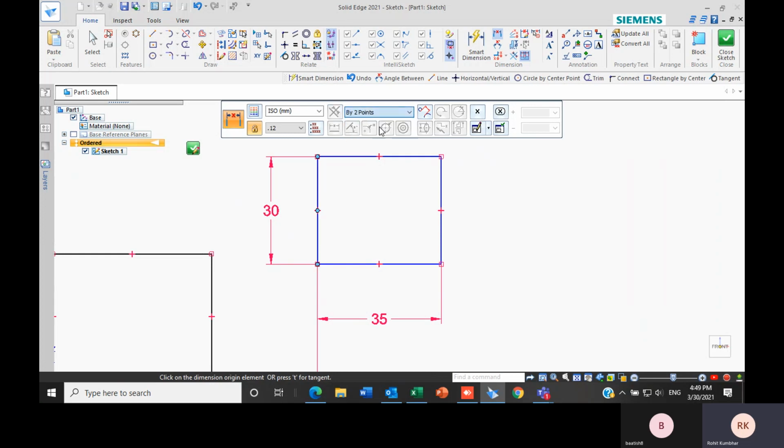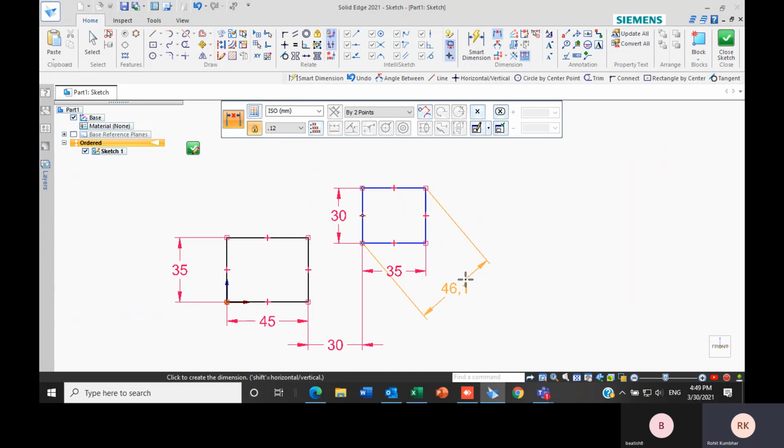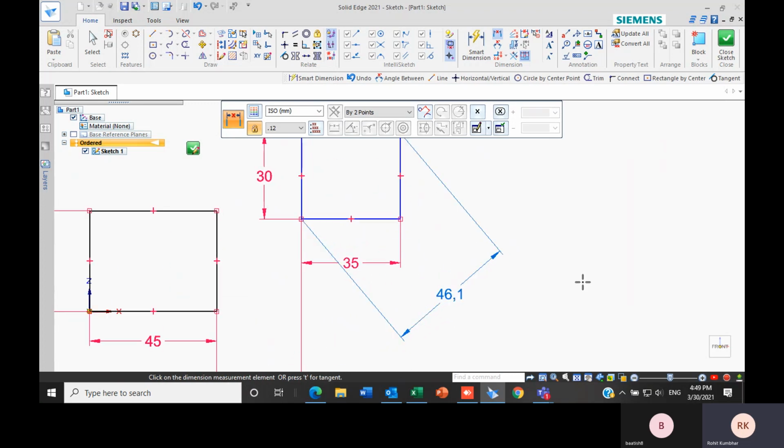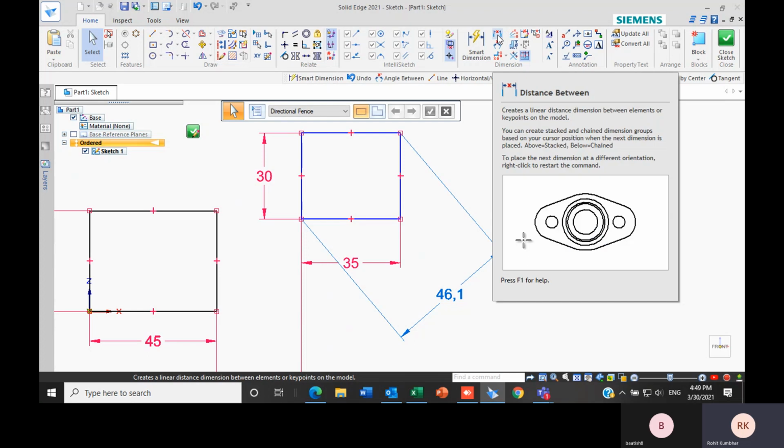I just have to select this by 2 points option, and select this one and this one. As you can see, the distance of this diagonal is showing here. This dimension is in blue color, so it is a driven dimension. If I change these two dimensions, that is width and height of the rectangle, this dimension will get changed according to it. So this one is about distance in between.